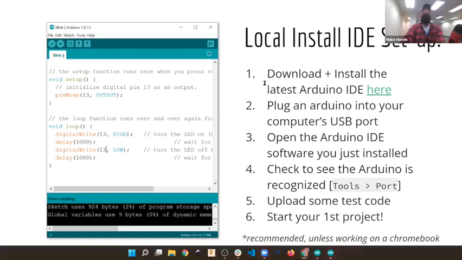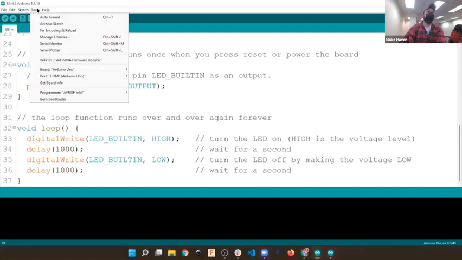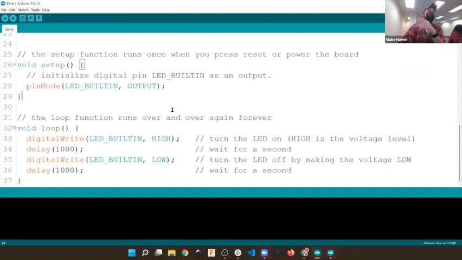Technical demos in the moment are always tricky. But in here, you go to Tools and Port. I'm choosing COM3. On a Windows machine, they're going to be called COM ports. On a Linux machine, there's something crazy. And on a Mac, it usually auto connects. But you'll have to be careful to choose whatever yours is. So I can do this and I can upload. I can even do